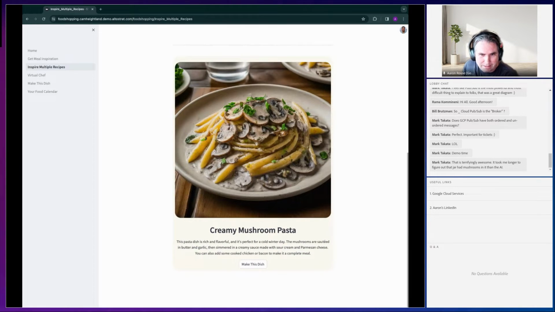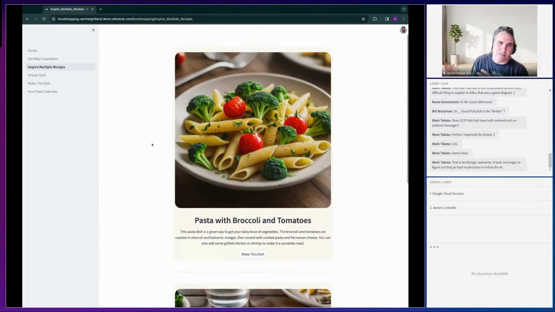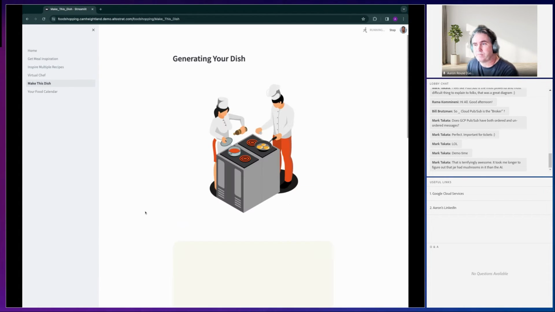Yeah, right there. So, anyways, and you'll notice each one of these gives a little bit of a description, but it actually generated these pictures too, right? So it actually has made the pictures here, obviously off what it's trained from, but it has made these pictures here to give you an idea, a visual of what is it we're talking about. And then in a little bit of description, I then come down here and click make a dish,